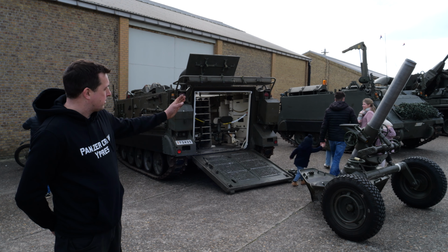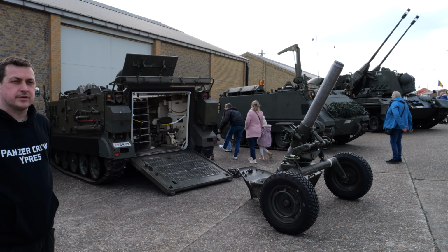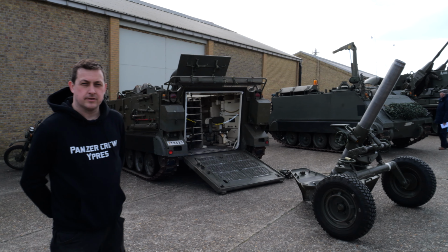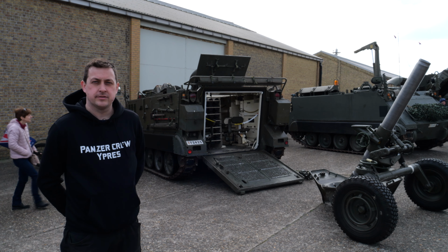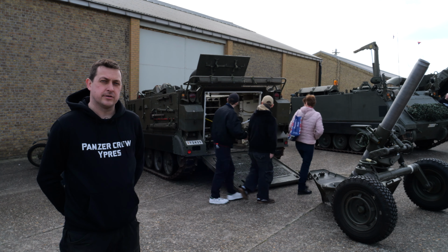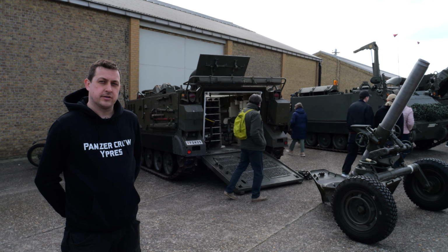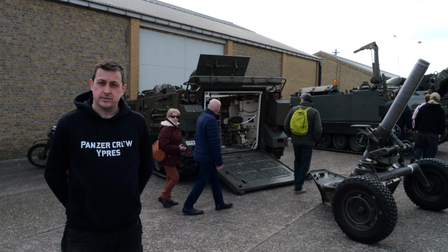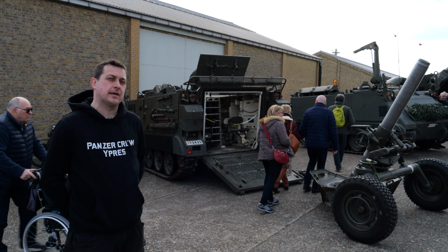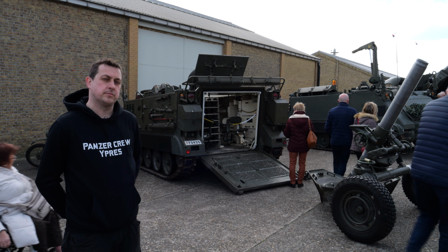To the right there is a recovery variant that has a large winch. Amongst other variants there is a tactical air control party, battlefield surveillance radar variant. There's an engineer variant with a bulldozer blade. There's a version with a high crane of 6 ton on the top. There's an ambulance version. There used to be a Milan version, but most of the Milan versions were converted to a forward observer called